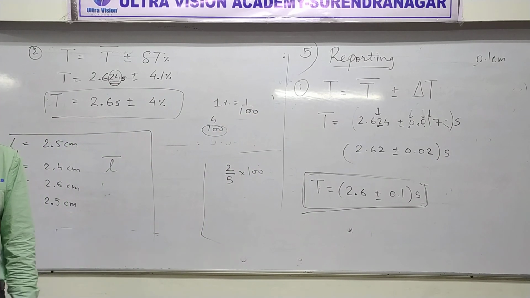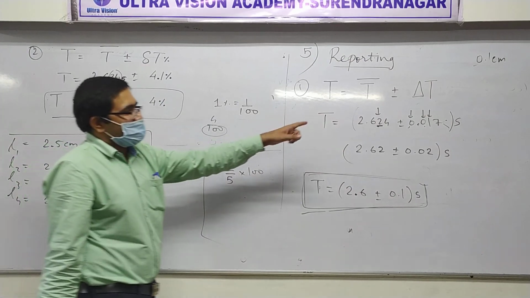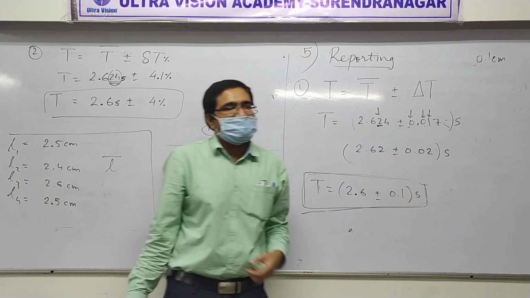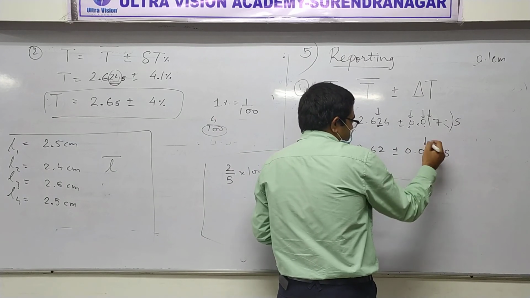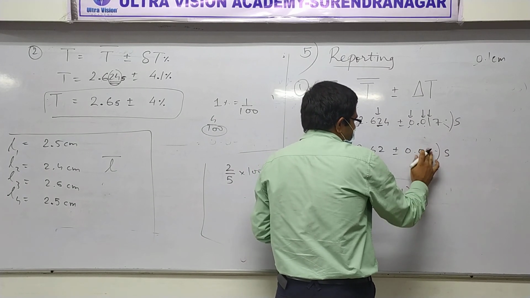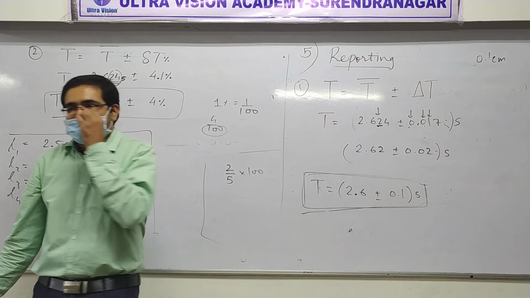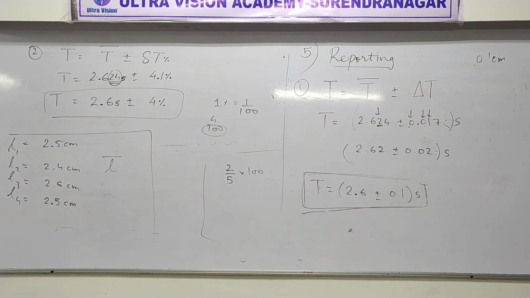Where did the 2 come from? 017. If you round it off, it will become 2. Here also there is no point writing 17. If you are not sure about this 1, then where did the 7 after it come from? Is that okay? So rounding it off makes it 2. Got it? Clear?